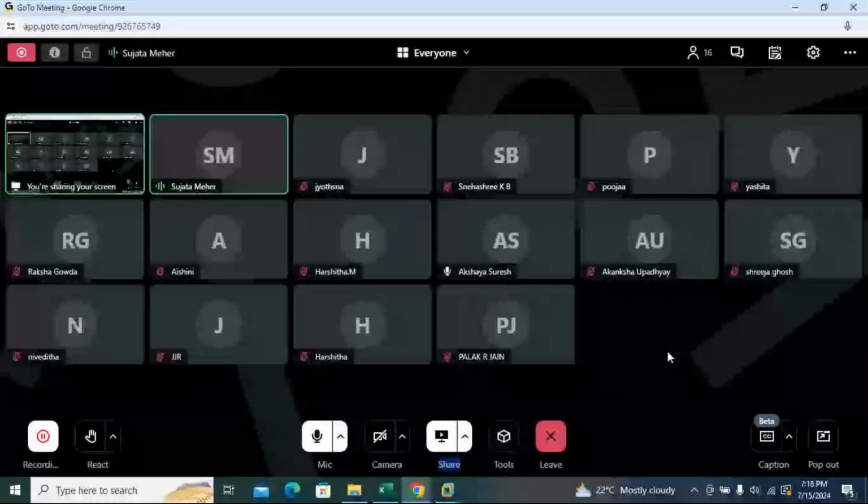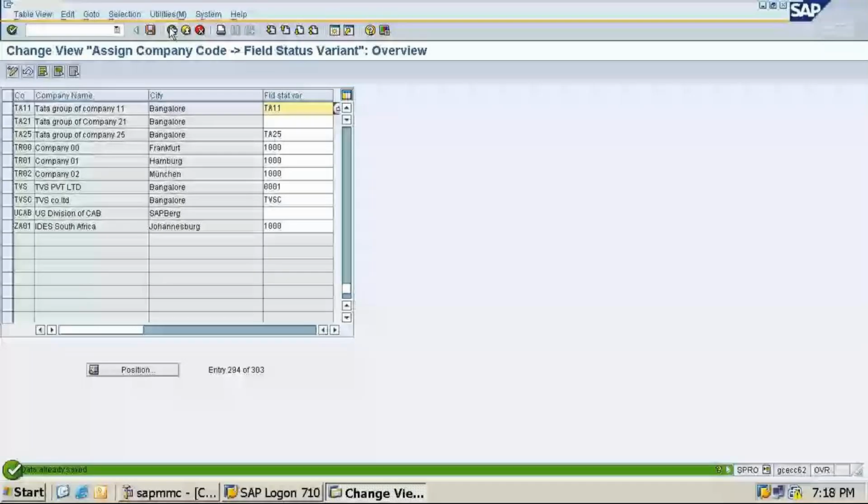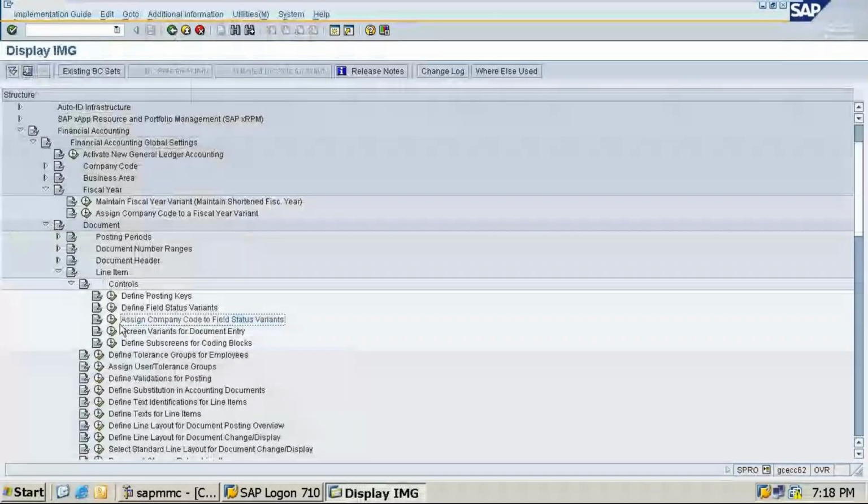Okay, so see this, you have to click on this and save this. Once you save with the customizing request, this we have assigned. Next, after this, nothing you have to do here. Only define field status variant and assign company code to field status variant.